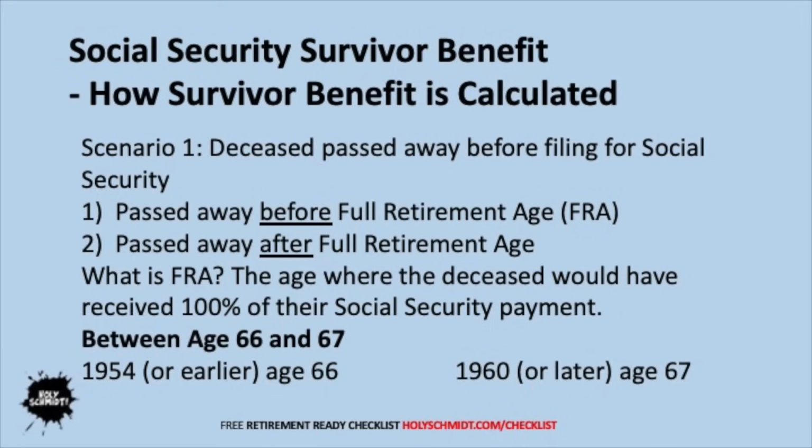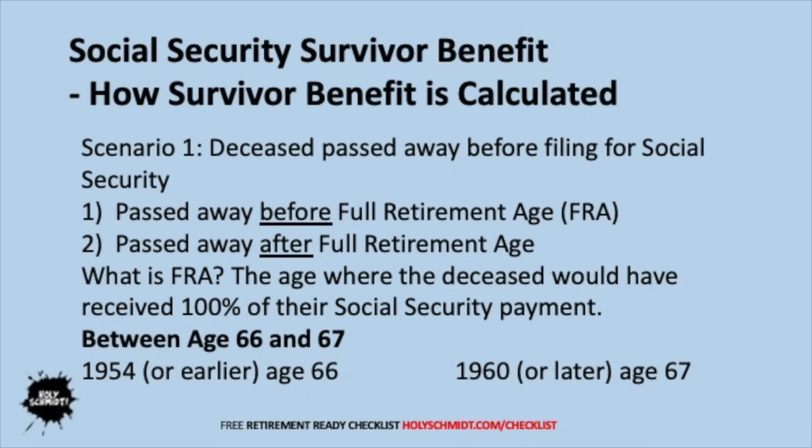I suppose conceivably they could have passed away on their birthday, reaching full retirement age, but let's assume it's one or the other because most likely it's one or the other. What is full retirement age? That's the age where the deceased would have received 100% of their Social Security payment, their primary insurance amount as it's often called. Full retirement age is somewhere between age 66 and 67, depending on the year that they were